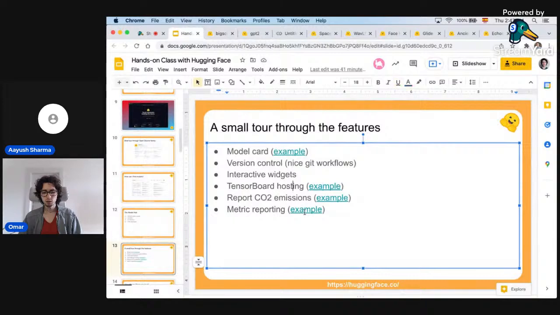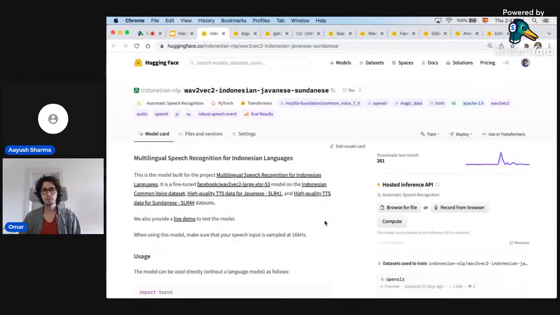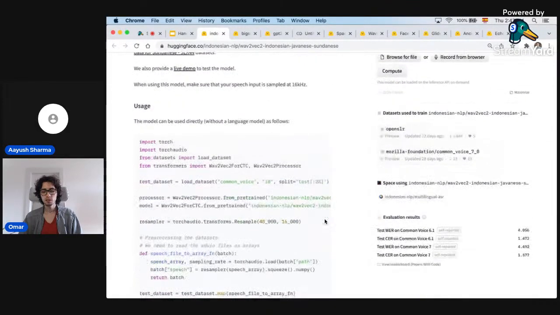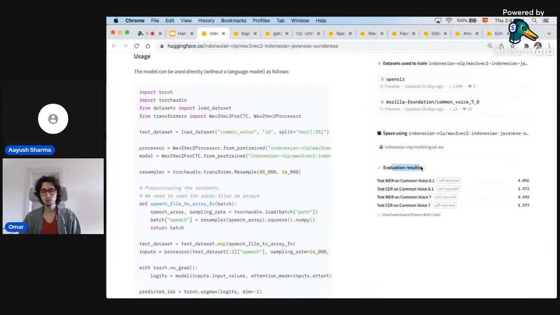Another thing I would like to show you is metric reporting. This is very cool from the perspective of scientific reproducibility, because people are able to report their own metrics. You can get links here that say which are the evaluation results. For example, this one is the word error rate on Common Voice 6.1.